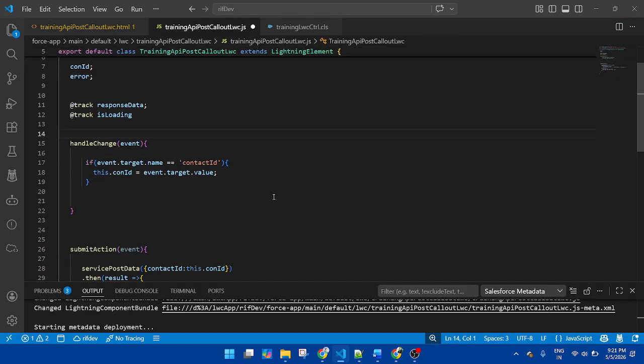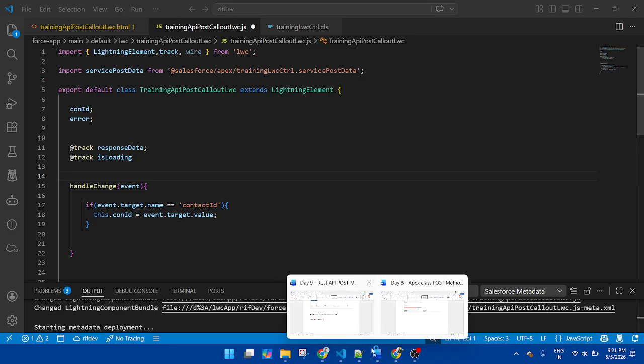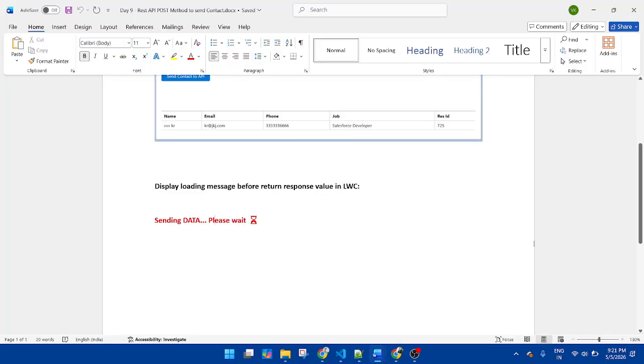Yes, Vijay. Now I am going to learn how to display a waiting message. Once the button is clicked, before returning the data, I will display this message. Once returned successfully, this message will hide. Okay, so now working on this part.